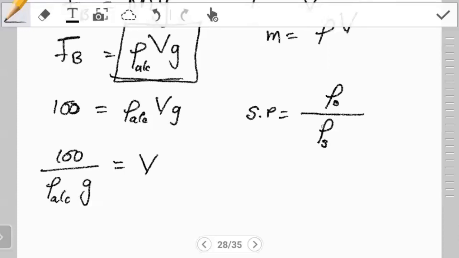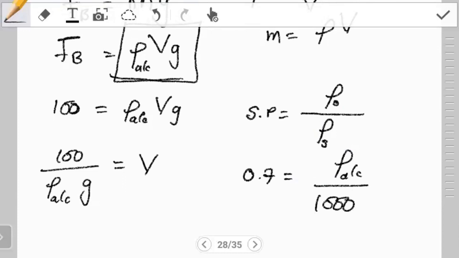In most cases, the standard substance is water. So if we use that, we have 0.7, the specific gravity, equal to the density of the substance, in this case alcohol, divided by the density of the standard substance, that's water,